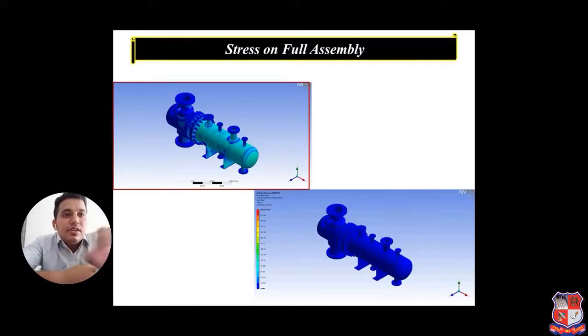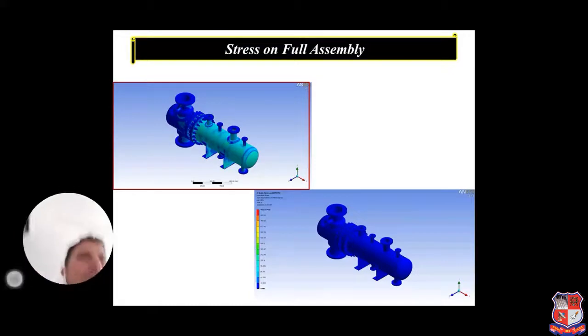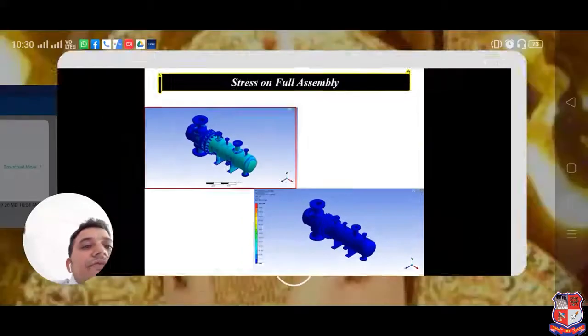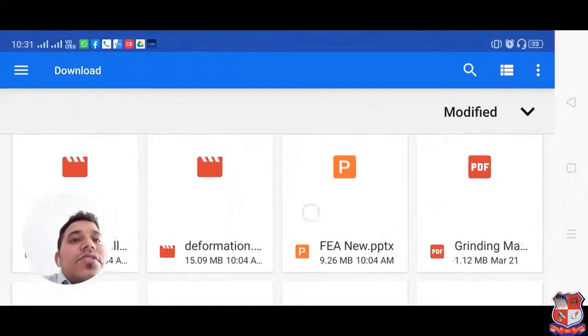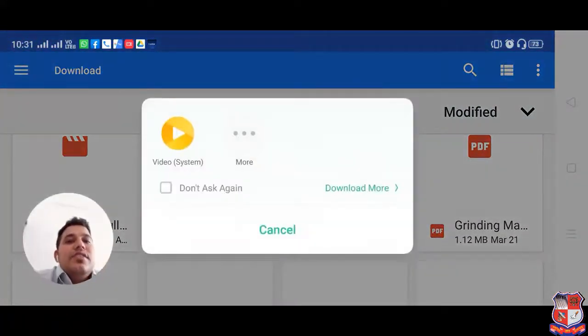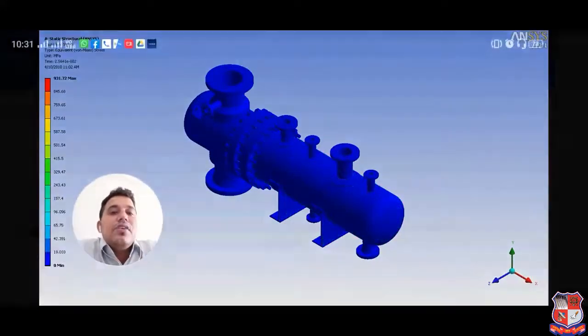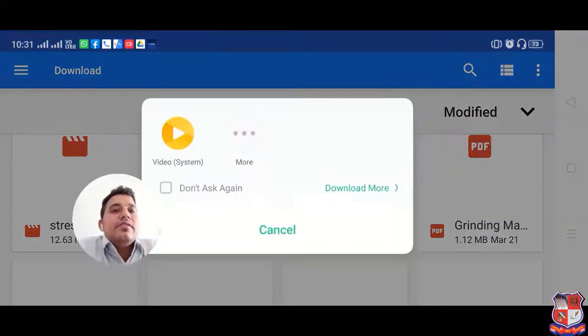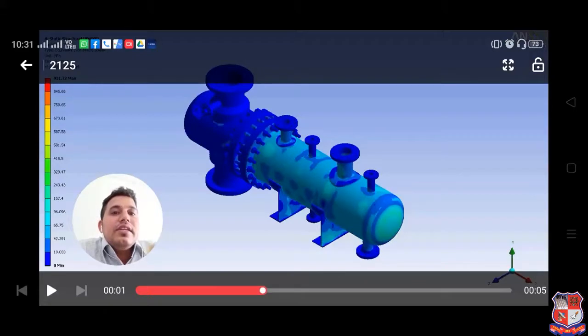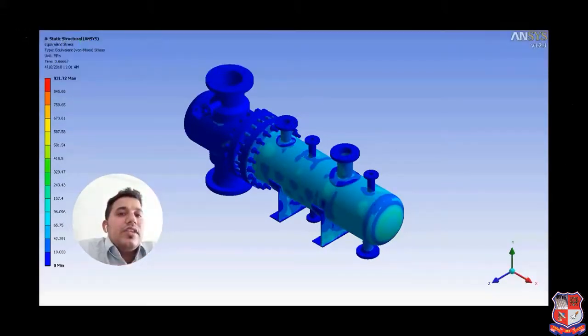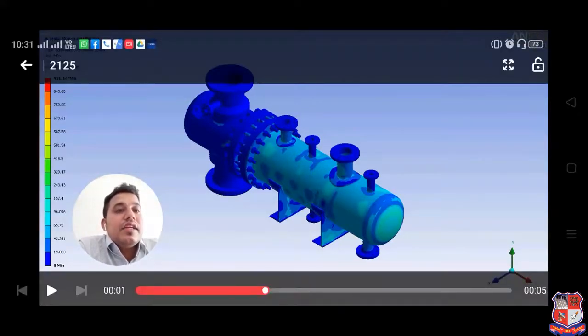Have you observed here? I will show you the video, one minute. If we select the stress, this is the stress video, and you can observe one vertical line. This line indicates the safety of the particular part. We are safe up to the green. After green, if it is yellow, orange and red, then it is a failure part. Here we observe that we are on the safe side in the stress.